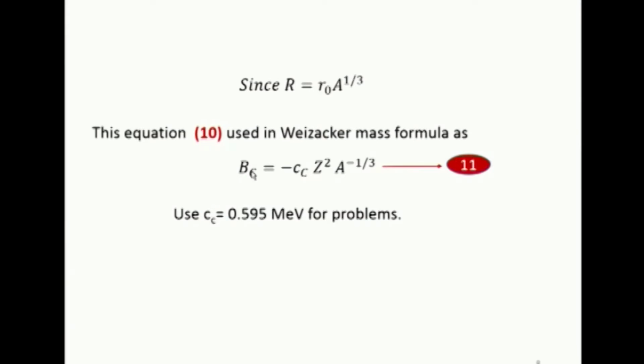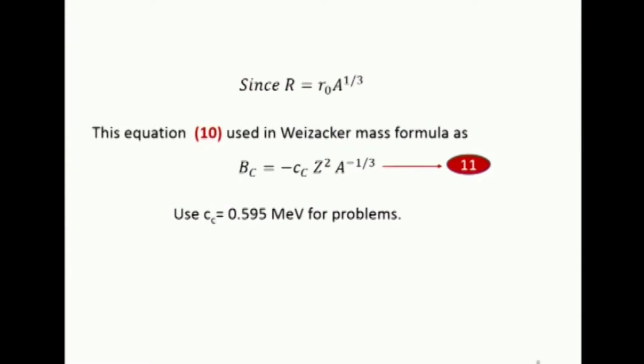There are 5 constants which appeared in the Weizsäcker formula. So, we require 5 equations or 5 experimentally known masses, and they found out the unknown constants, and it turned out to be 0.595 MeV. What is that Cc? Coulomb constant. Because this part we did in the Weizsäcker formula, we have to just recall.